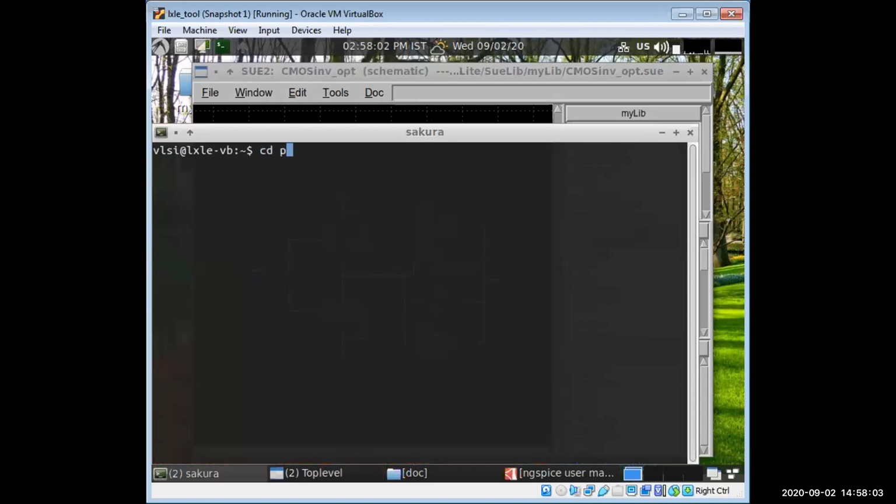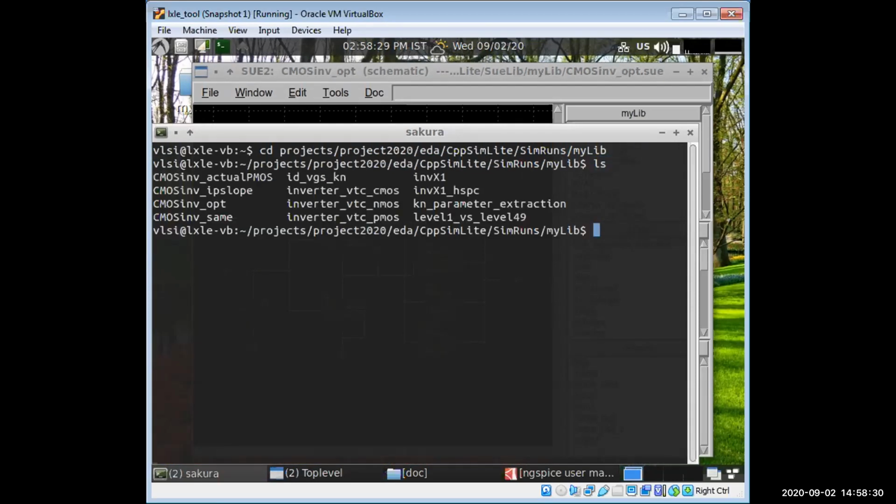Go to that location. cd project 2020, EDA, CPP sim Lite, Simruns, and it is inside the library which is MyLib. Go there. Then list all the files.